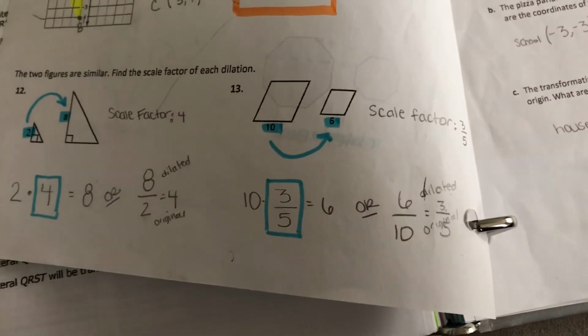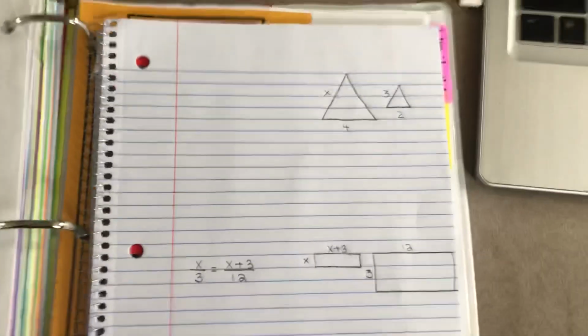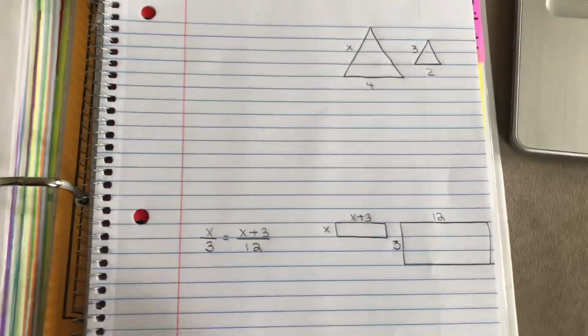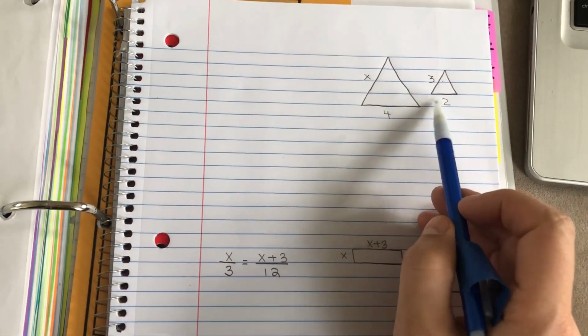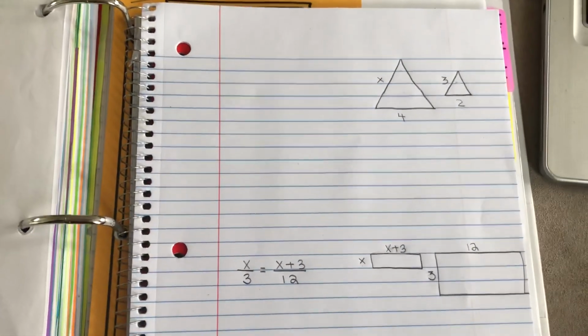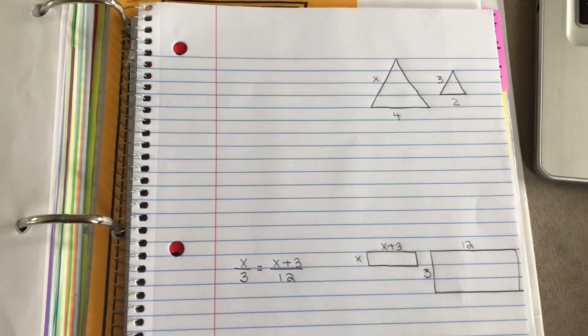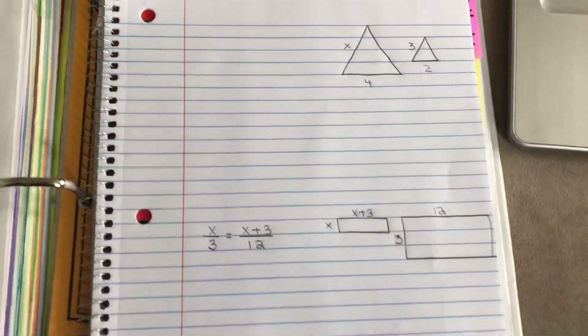So today we're focusing on this piece of it, those scale factors. So let's set something up. Here's my problems. So for the first one, I have a set of similar figures, which means they're same shape but different size. So I'm going to set up an equation and solve it. When you set up this equation,